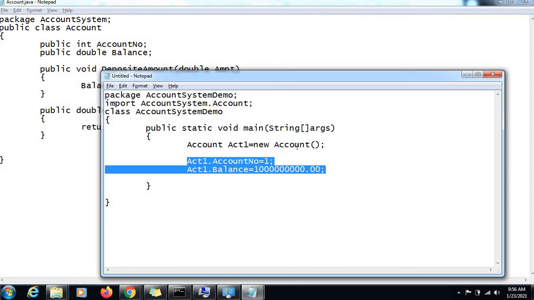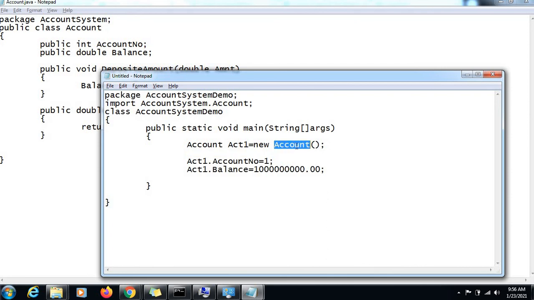But at the time of creation, what gets called? The constructor gets called. Which constructor? The default constructor. What does it do? It sets the default values to the variables. It doesn't set the user defined values. But we want a way now to set the user defined values to the variables at the time of creation.